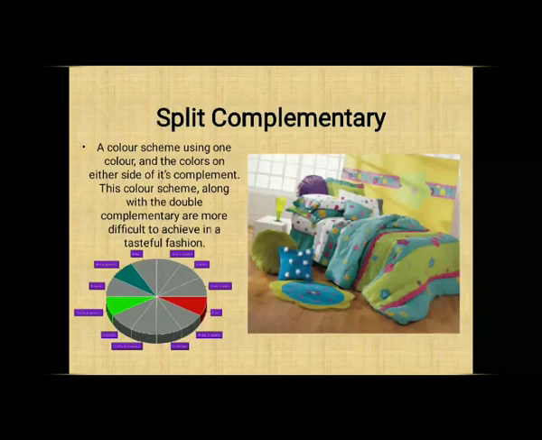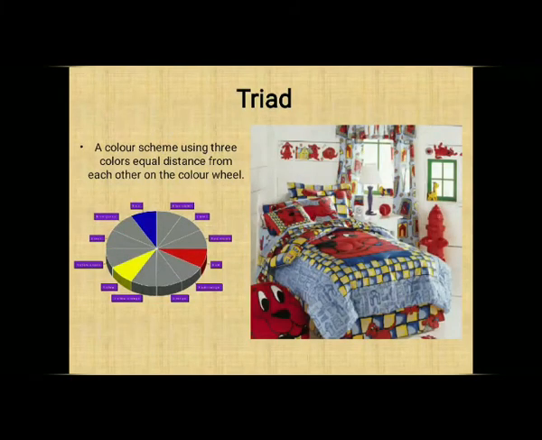Okay, now the next color scheme is triad color scheme. A triad color scheme is a scheme where you choose the colors in a triangular form. So red, yellow, blue is a triangular form. If you go ahead with others, green, violet and orange is a triangular form. Blue, orange, red, violet and yellow, orange is a triangular form. So if you go ahead with these triangular formations, then it is called triad color scheme.